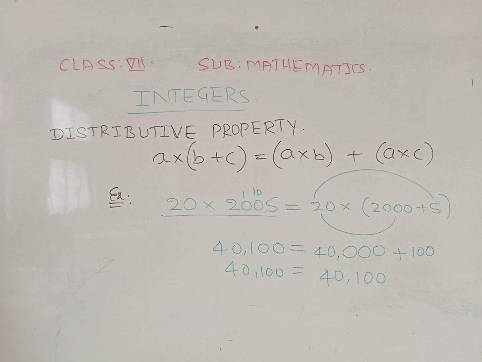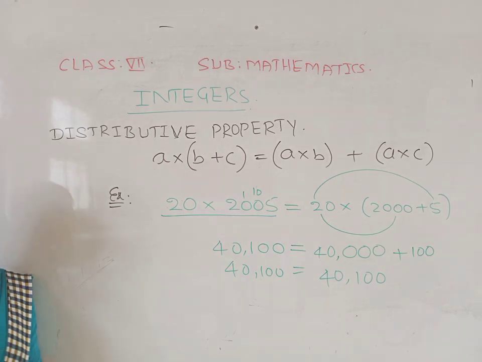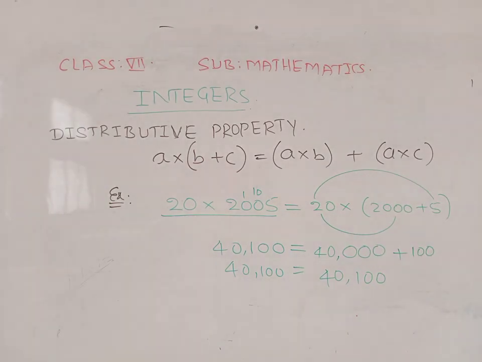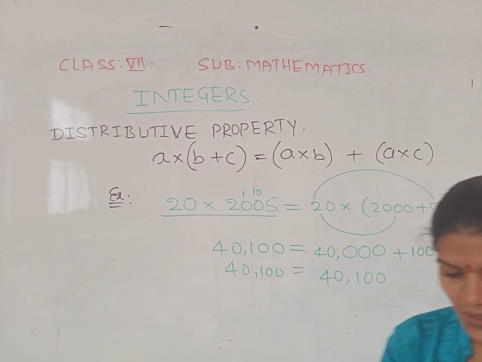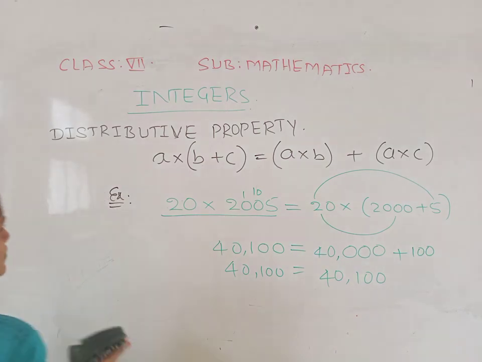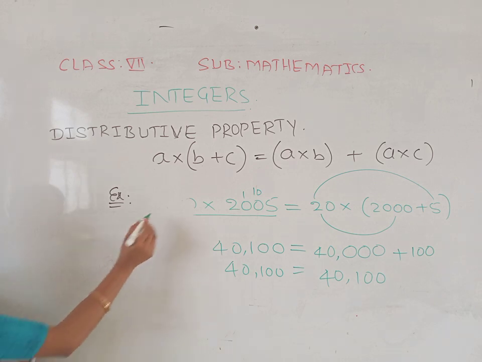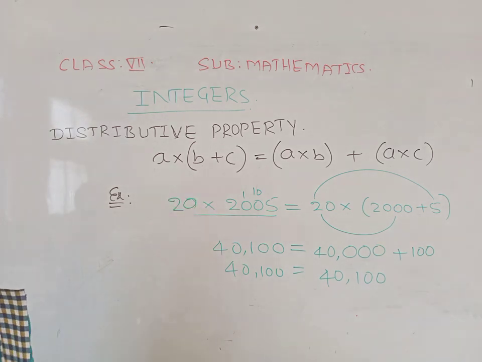40,100. Is it clear? What distributive property exists here? Shall we take one negative number, a negative integer, and one a positive integer? Whether it exists or not, we will check. Shall I give one more example? Yes, take here. I hope you are writing this one. So please, fast. Write it fast. Is it visible in green color? Yes, it's clear. No issue.